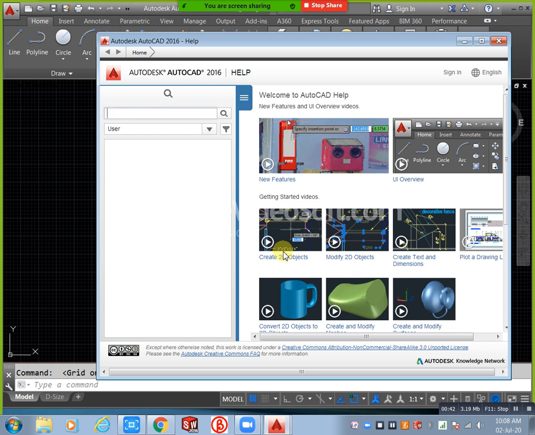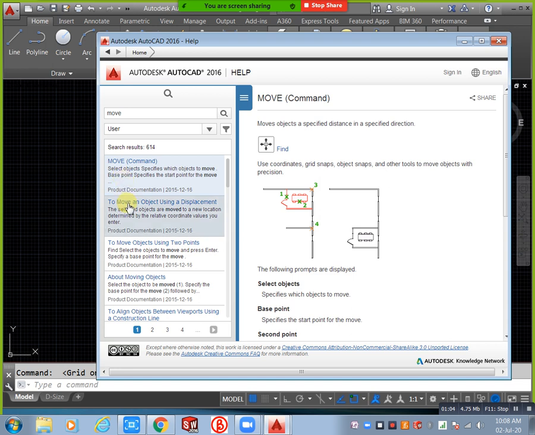That is the situation. What you do is directly go to the search button. Whichever command you have a doubt about, for example, I have a doubt in move, I have a doubt in copy. If you have a doubt about new commands, you can just mention that command name. For example, my doubt is move. Okay, just you can see now. You will get all the data about move.